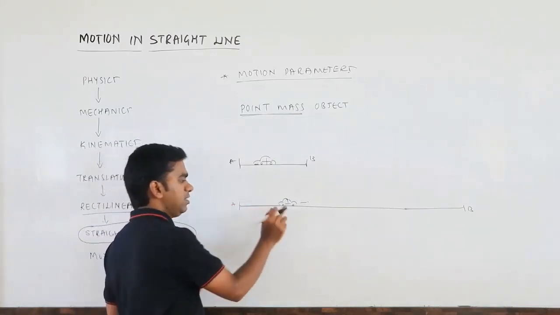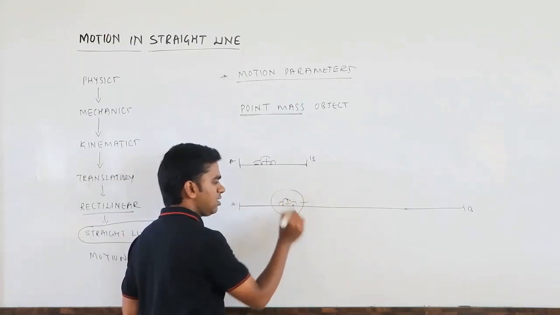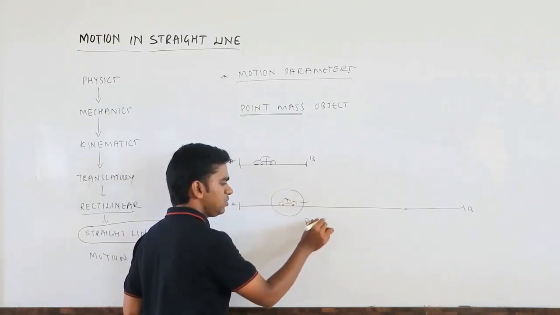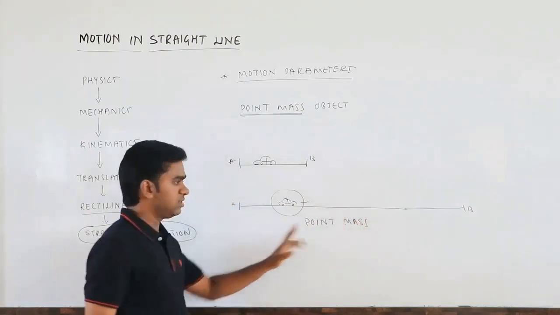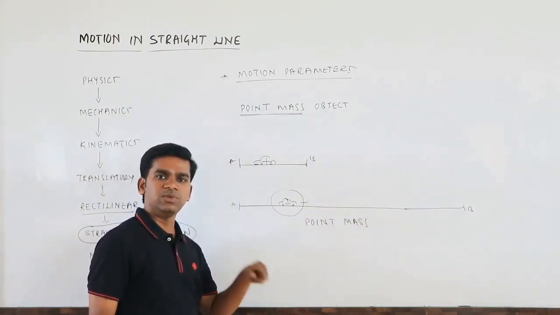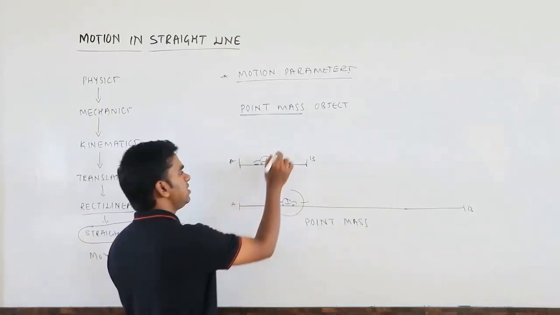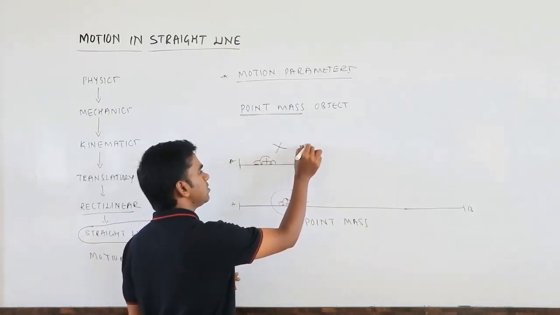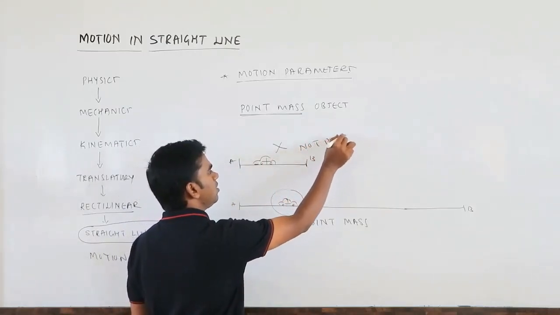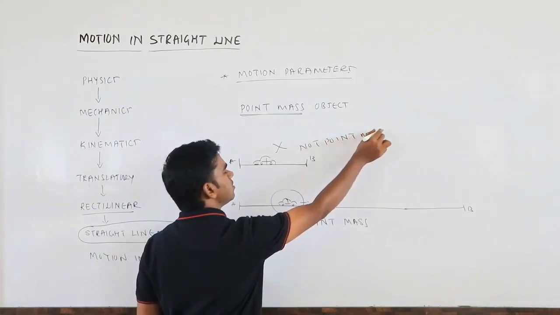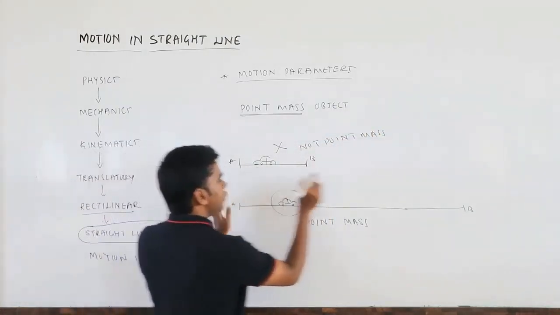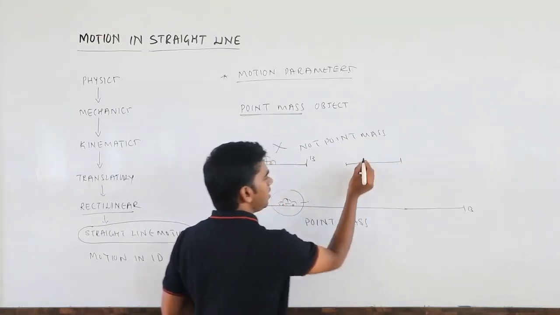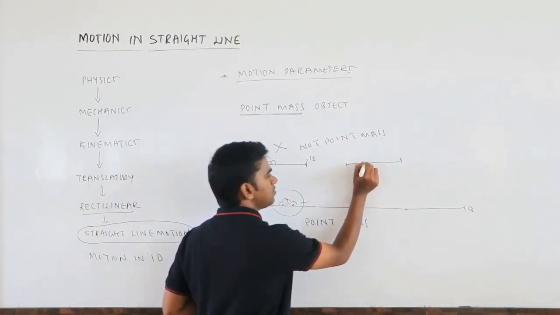So in this situation, this car is going to be a point mass. For this situation the car is a point mass, but for the other situation it is not a point mass. I hope you are getting something. But if I take a small distance from here to here and put one dot,